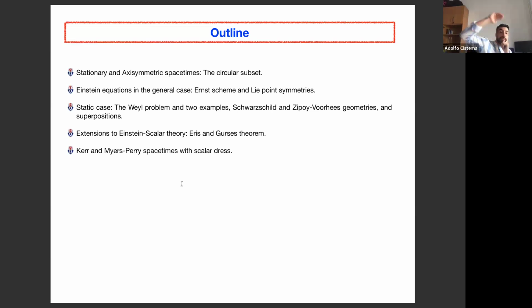So I will put a scalar field all over Kerr. This was known before. I mean, other people did it with a different method, but we did it in a way that the computational cost was lower. And for the first time, we applied this in 5 dimensions, and we were able to put a scalar field over, let's say, a back-reacting Myers-Perry spacetime, actually, with both angular momenta completely arbitrary. This is not a test scalar field. Okay, and this is an indication that there is an extension of the Gürses theorem in dimension 5, although we are now writing the theorem and we didn't put in these references, but it's like that.